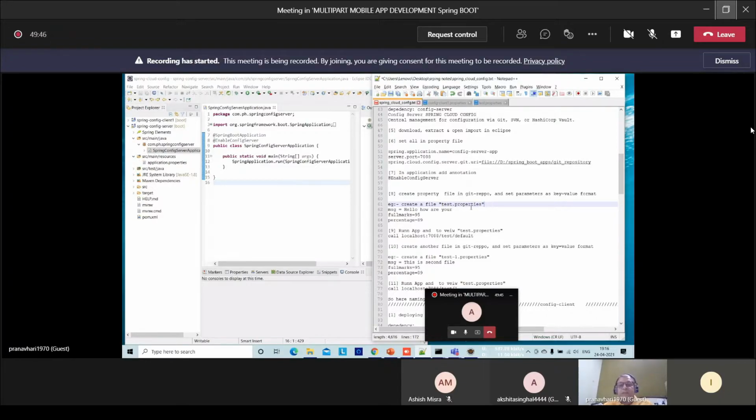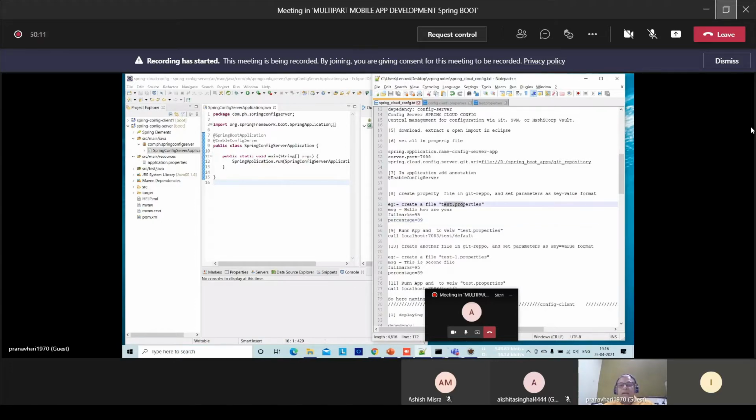Note this down somewhere on paper, because this will be important while executing: the name of this file. So what is the name of this file? Test.properties. This test.properties is containing all the parameters using key value formats. Let me open this file.